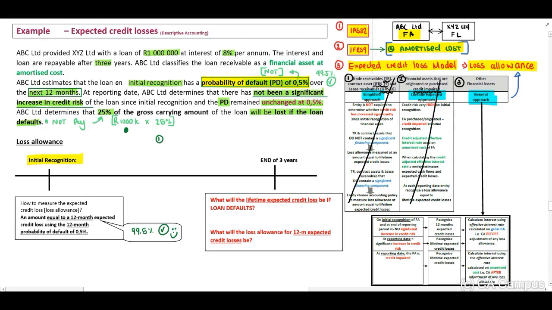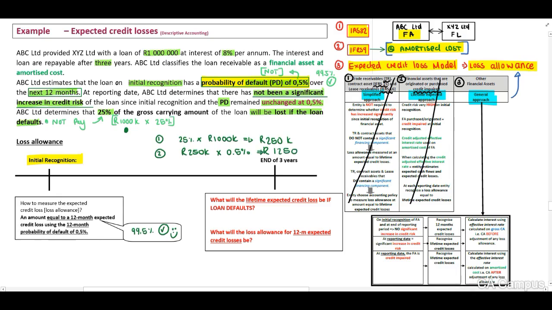To be able to calculate this, we need to first calculate what will our lifetime expected credit loss be. They've indicated to us that this will be the 25% times our 1 million, and this is our lifetime expected credit loss, and this is 250,000. Therefore, our 12-month expected credit loss will be our 250,000 times 0.5%, and this will be an amount of